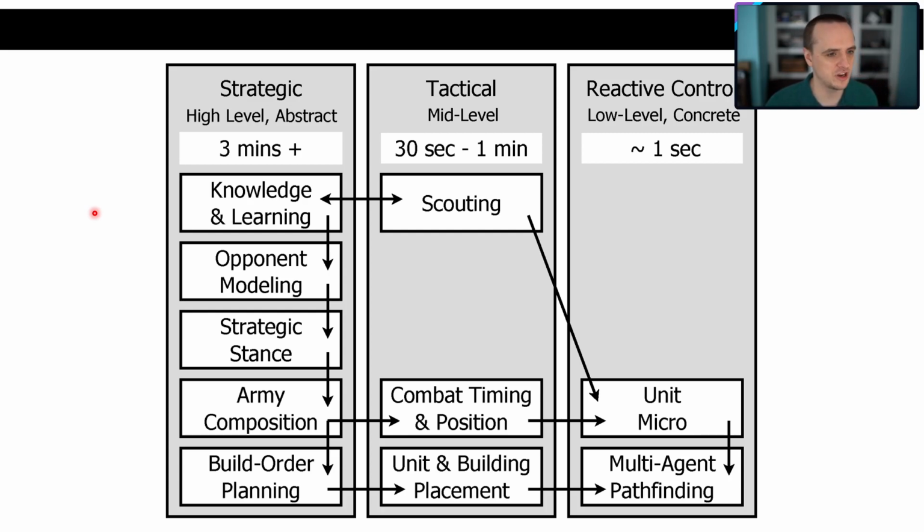Maybe I know how much damage they do. I might know what the map looks like that I'm playing on. Maybe I know the build order that I'm going to do in this game. So you start off the game with some amount of knowledge about the game and about the environment.